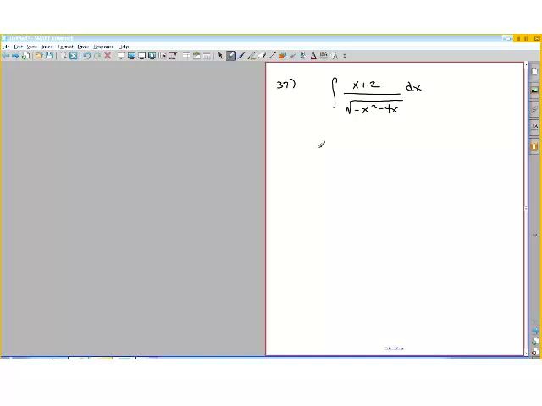So, like before, we look at the term in the parentheses. In the previous problem, we just took the entire denominator. But now we're going to look at that, and we're going to see what is the derivative of the term in the square root. So we get negative 2x minus 4, which is the same. If we factor out a negative 2, we would get x plus 2. So we look at the numerator, and in this case, actually the whole numerator is this. So it looks like if we let this be